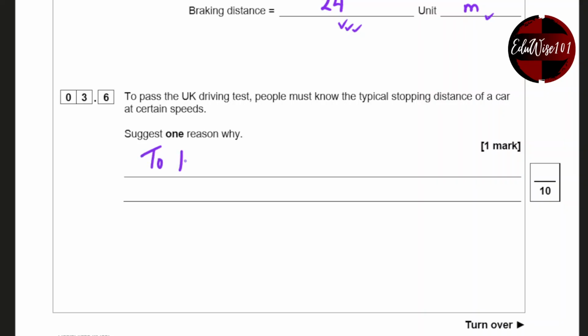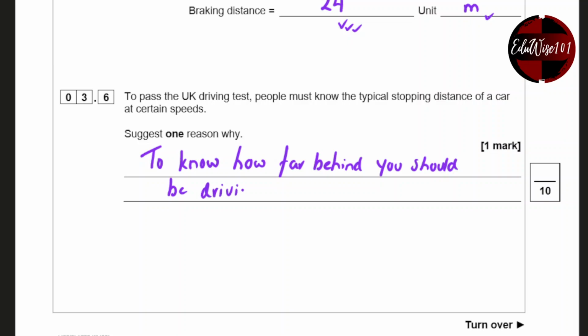To know how far behind you should be driving in case the car in front stops